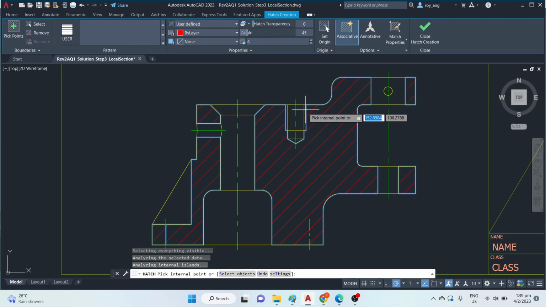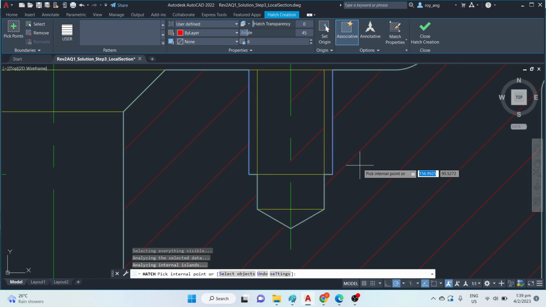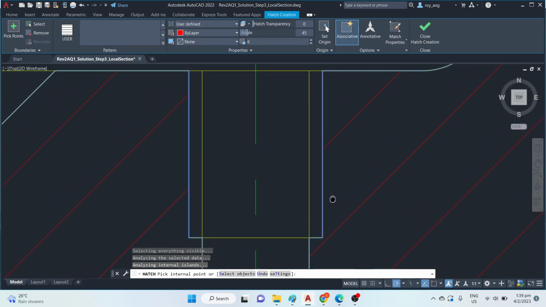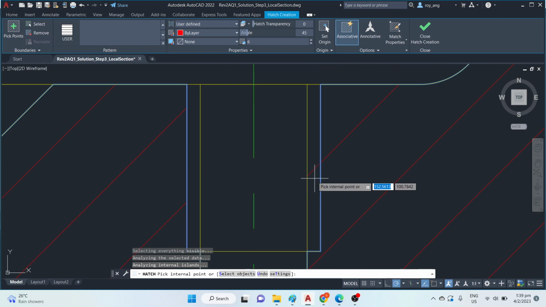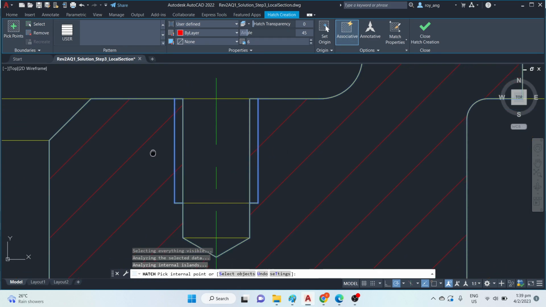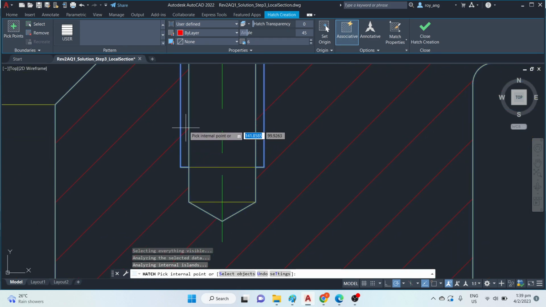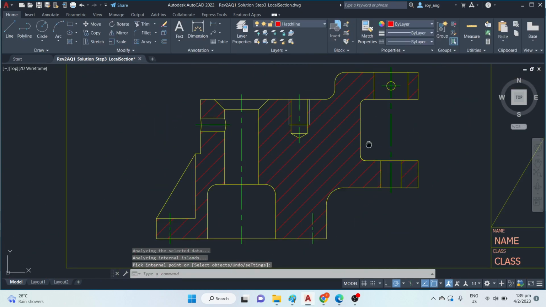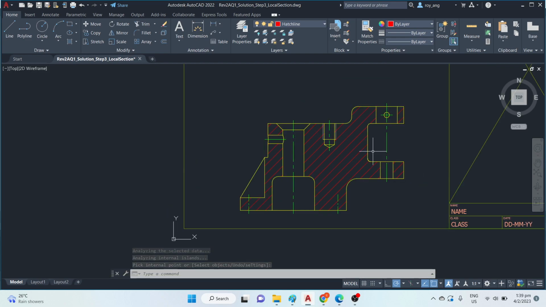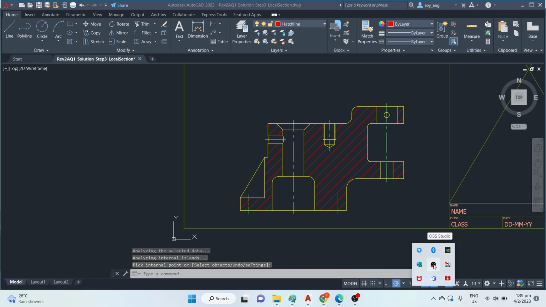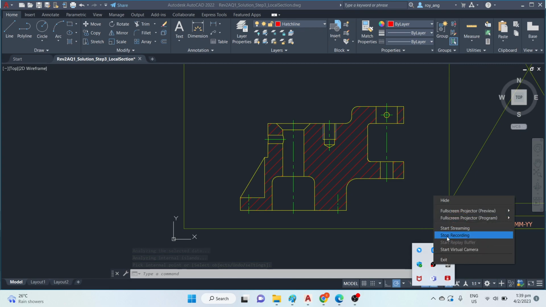Now once this is done, you need to zoom in on this area to hatch that little area here between the thin line and the outline. This side needs to be hatched. The hatch pattern needs to go through the thin lines to touch the outline. Once that's done, you click OK, and this is your section front view. This will have completed your section front view. I'll see you for the next segment where we are going to do